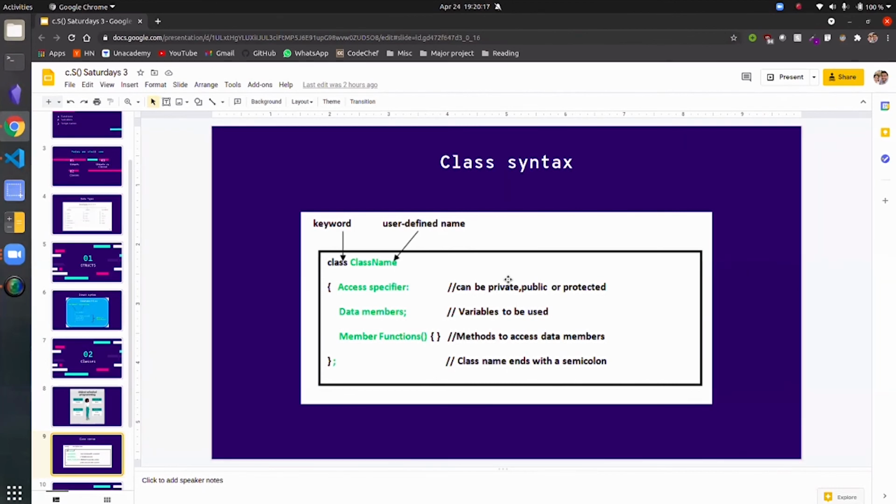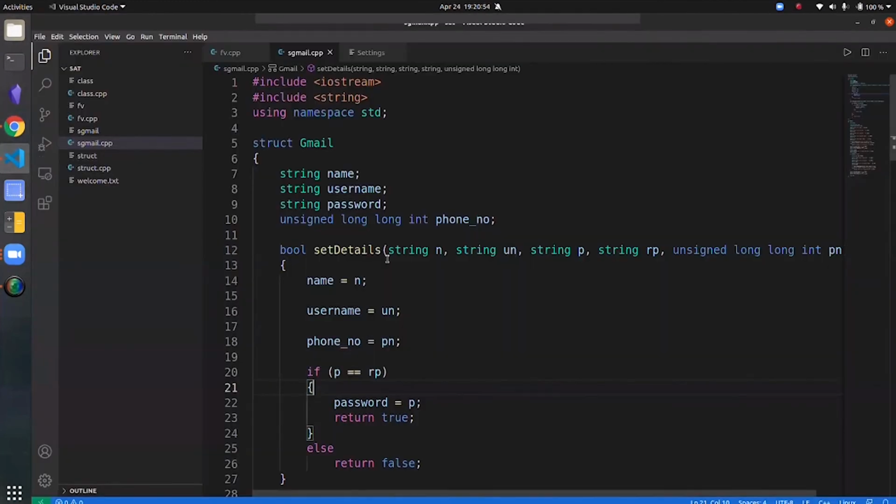In a structure, everything is public. No matter what you specify, the member variables or the member functions, all of them will be public. Anybody can access them in the program. But if we don't want that to happen, if we only want people to access only certain elements of the abstract data type, we can explicitly specify that. We can use a keyword called public, and then we can specify that we want that to happen.